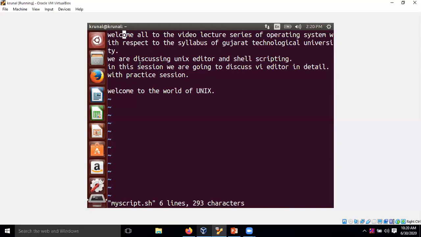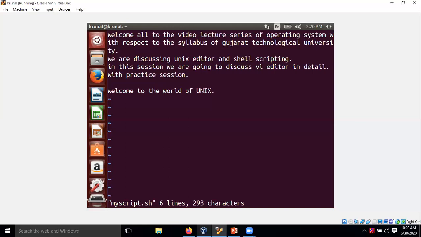Now if you want to move your cursor to the start of the current line, suppose my cursor is here, and I want to move to the first position of the current line, I will simply press 0. I will reach the first position. These options are available in command mode only.